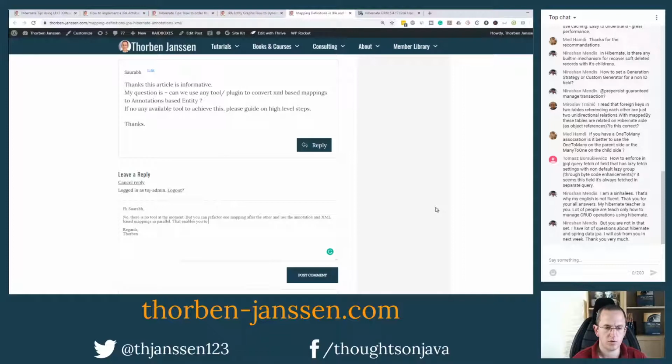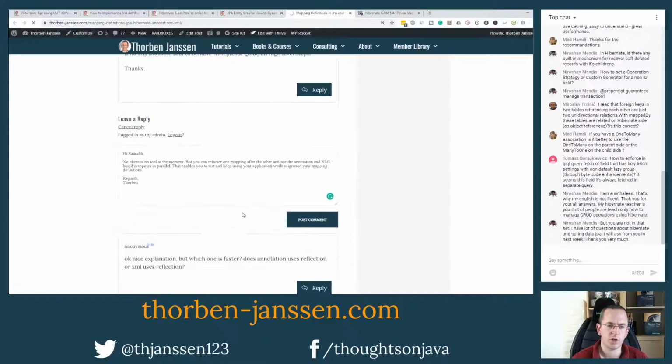I wish you to test and keep using your application while migrating your mapping definitions. That's actually something that I used with a few customers so far, especially when they were still using the old